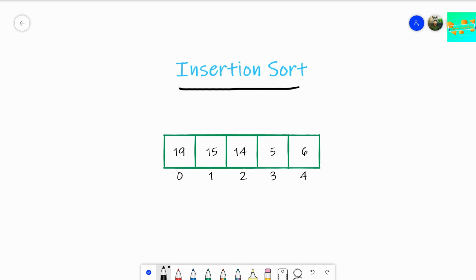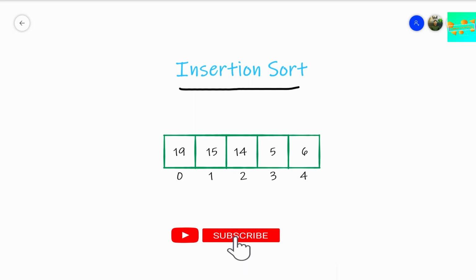Suppose you are given a bundle of exam notebooks and you are asked to sort those notebooks in order of every student's roll number. So how would you do it? You take the first notebook, check the second notebook, and bring it forward or leave it in its place, depending on whether the roll number is greater or smaller. That's the thing you do, right? That's how you sort.